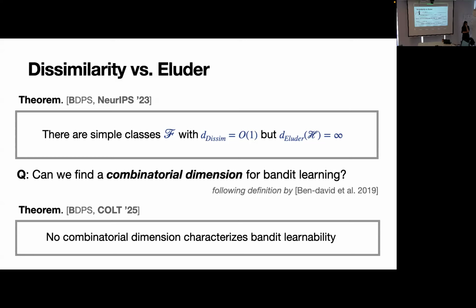A stupid question. In the full information case, not bandit, where I see everything, there are combinatorial dimensions that characterize online learnability, like the Littlestone dimension. Yeah, so when I say bandit learnability, I'm thinking of best arm identification. When you have full information, there's no real notion. This problem is not very well defined. What is the best arm? When you know everything, it's not very challenging. You only know when you see. Okay, let's think that we